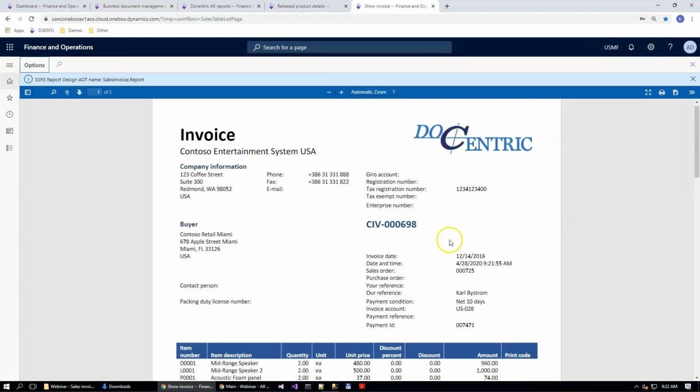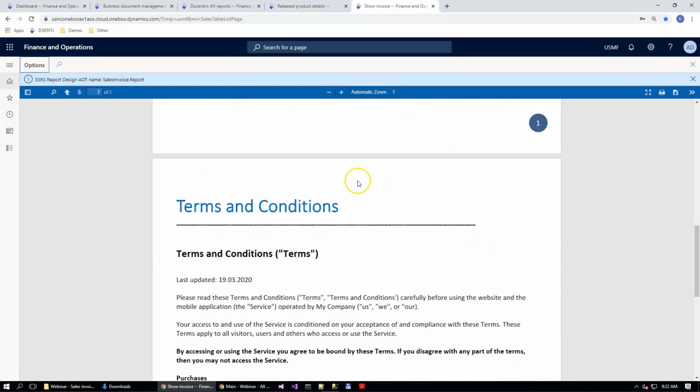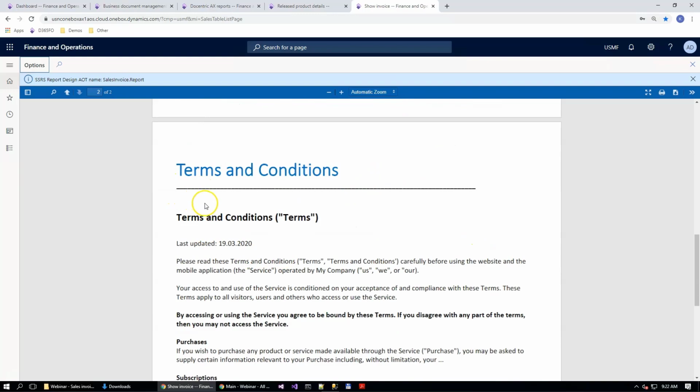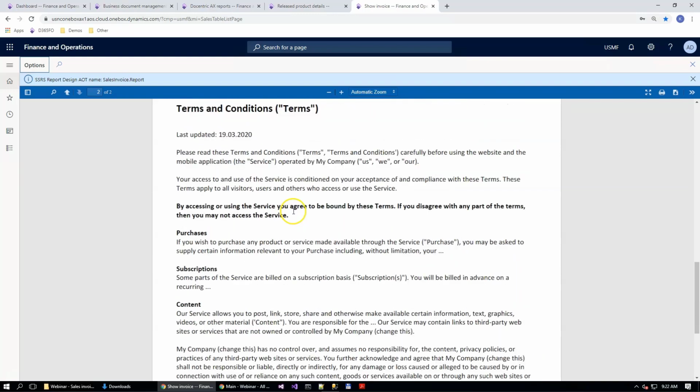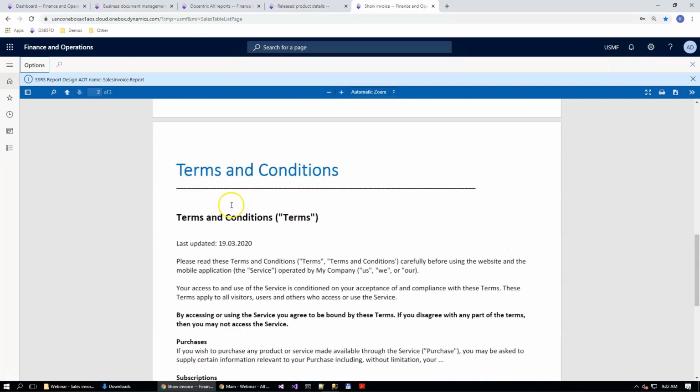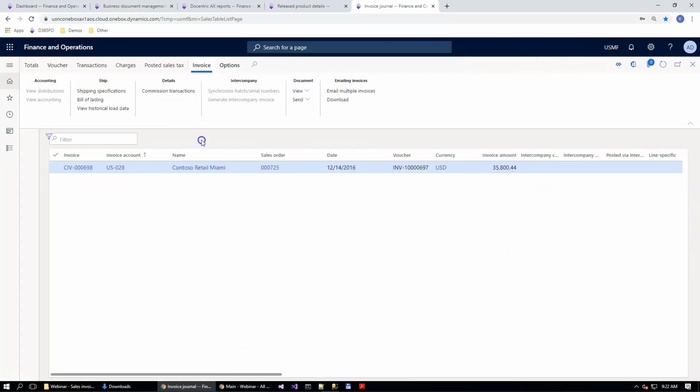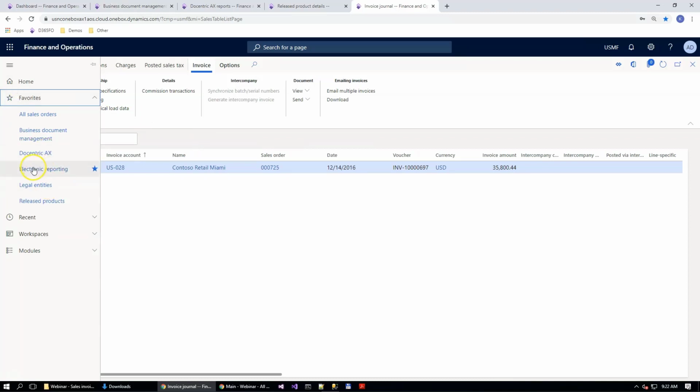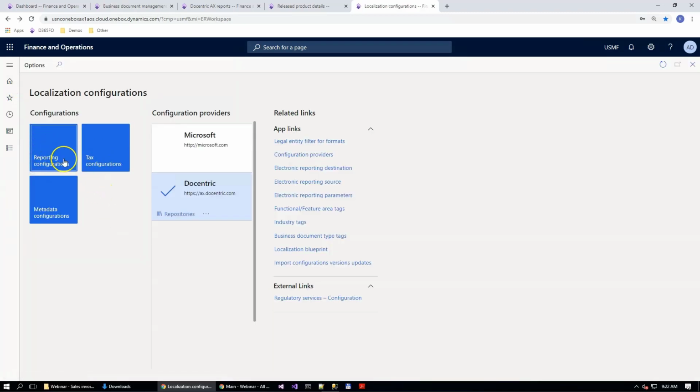Last week we used electronic reporting design for the sales invoice, and we added terms and conditions to our document. So we can see here that these terms and conditions are merged. Okay, so now we need to modify the electronic reporting configuration to also add product images and product specifications. So the first thing we need to do is to go back to the electronic reporting framework and start modifying